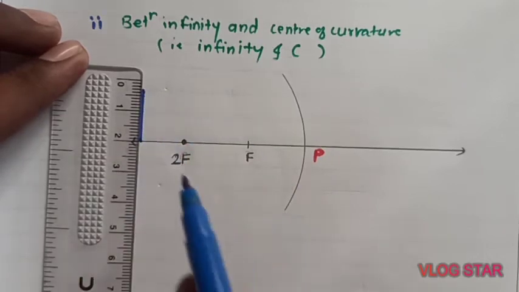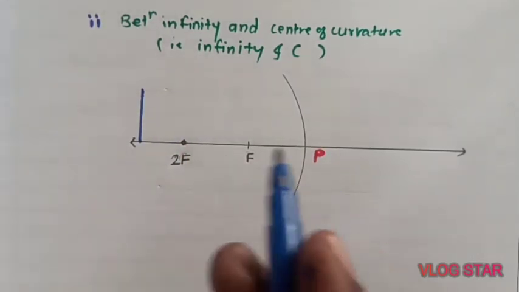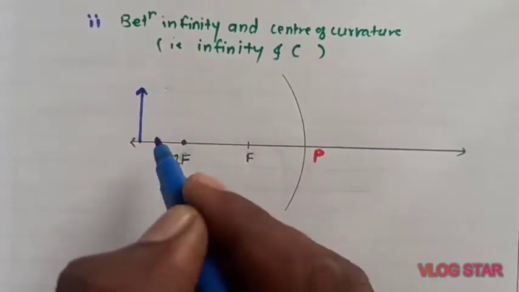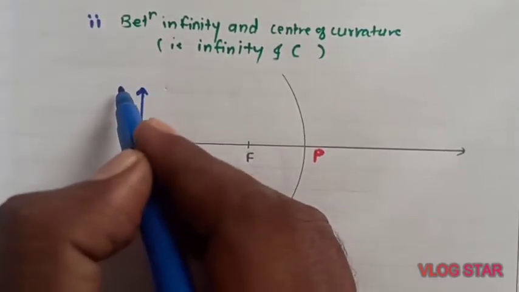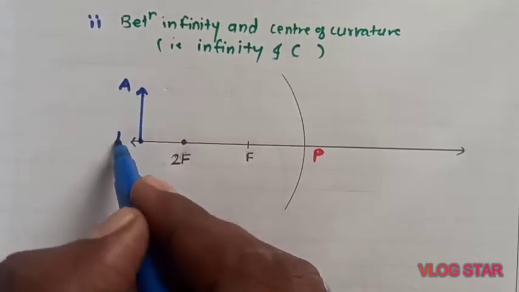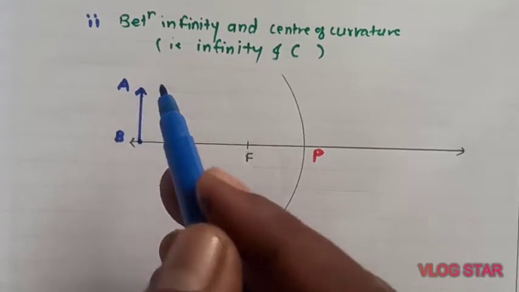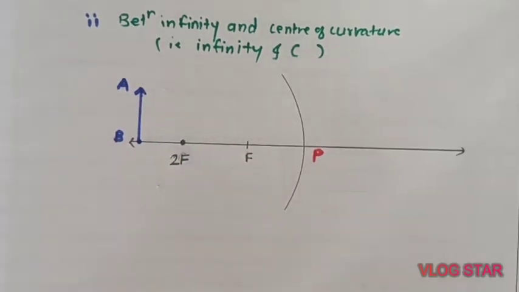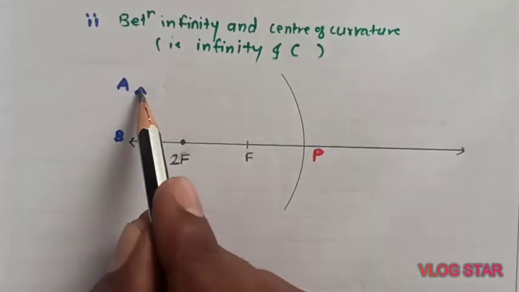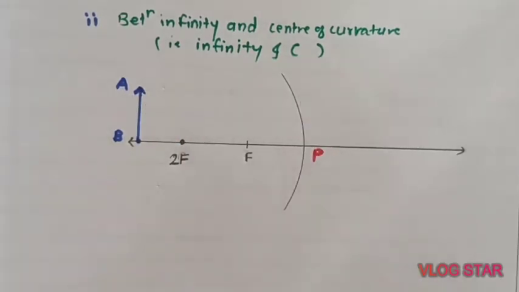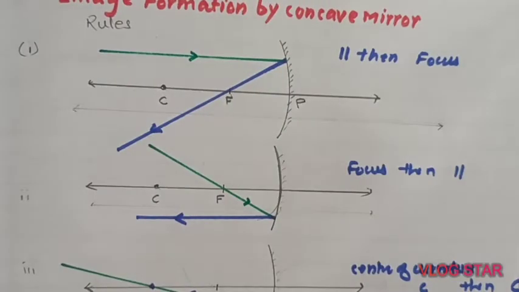Okay. So we will take an object which is behind the center of curvature, of suitable size, of suitable height. It should be perpendicular to the principal axis. So I have taken this object, which is AB. To know the upper and lower side, I have represented it by an arrow. I want an image of point A. To find where the image of point A falls, apply one of the rules out of those 3 rules. What are those 3 rules? You discussed them in the earlier slide.